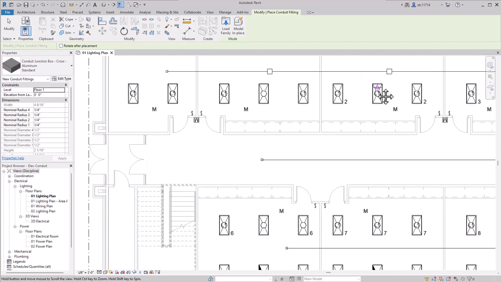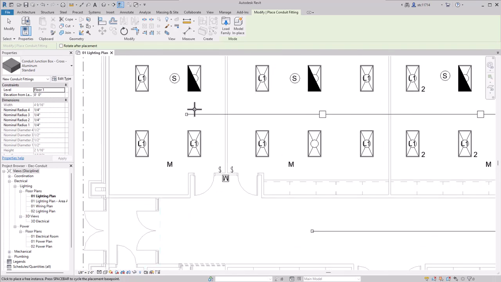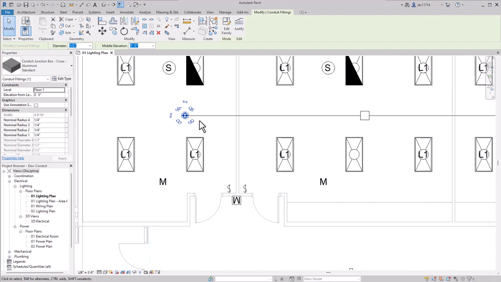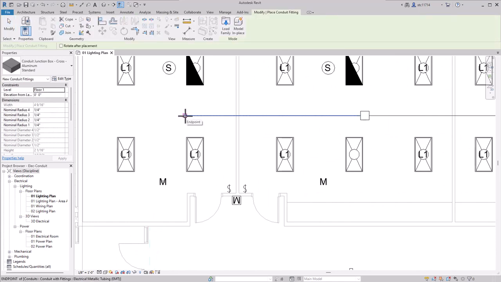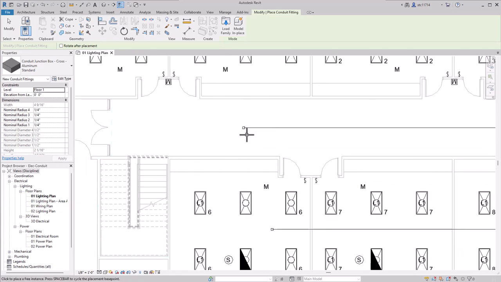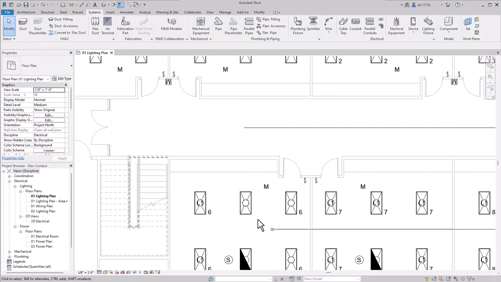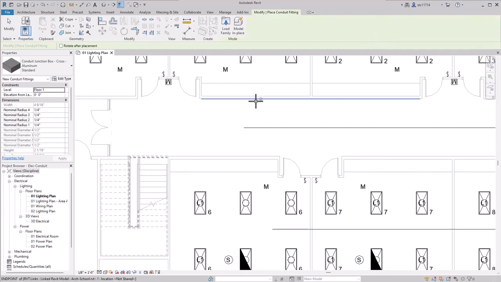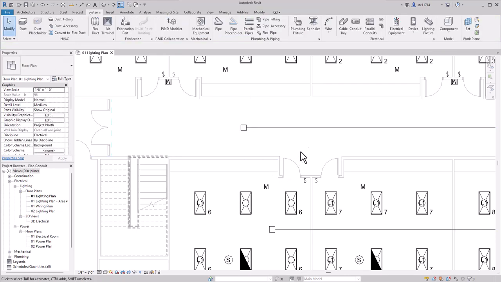I did notice, though, that looks like I had a problem down here at the end. This one didn't resize. So I'm going to replace that conduit fitting and make sure I see the endpoint snap when I click to place it. I think I'm going to see that same problem on these other ones because I didn't really zoom in when I was placing them. So once again, conduit fitting, I'll just make sure I see the endpoint snap when I click, and I should be okay.